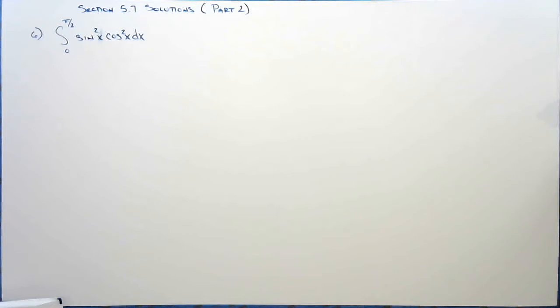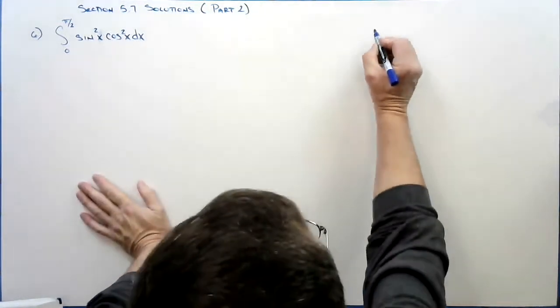one of our cases was if one of the powers is odd, right? That was one of our cases, but this isn't that case. This is the case where one of our powers, or in this case, both of our powers are even. And so when we had that, we said we're going to make use of our half angle identities, right? That was our substitution. So our substitution here was going to be